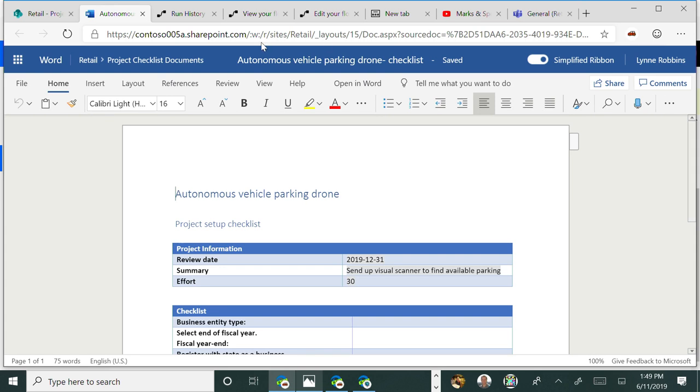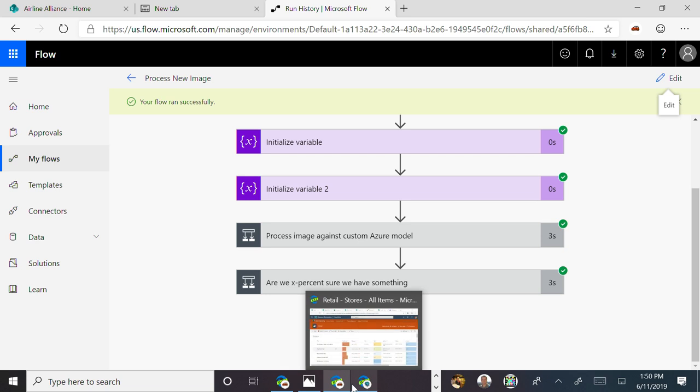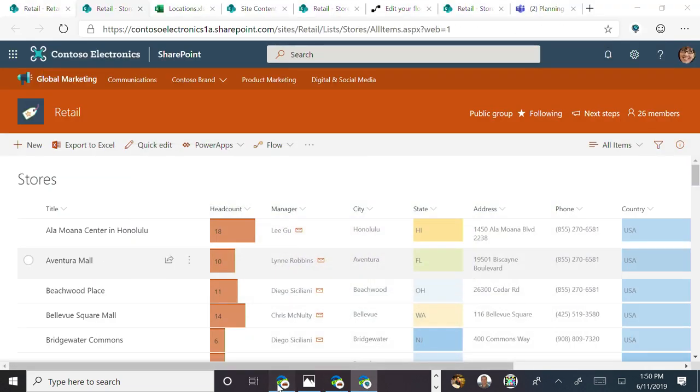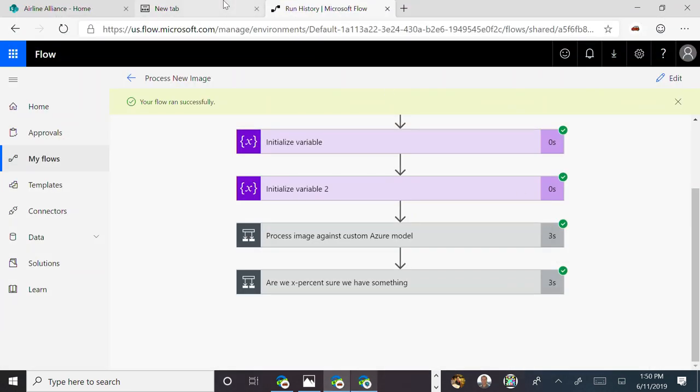10 minutes left. So I want to make sure I reserve a little bit of time for questions. So the one thing I wanted to make sure I covered today, for those of you who were in my session this morning, we talked about how we wire something up into an Azure Cognitive Services model. And so I want to show you how that works. Let's get to this environment. Okay.